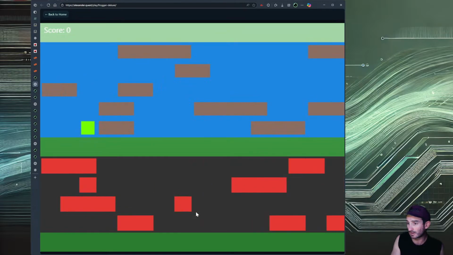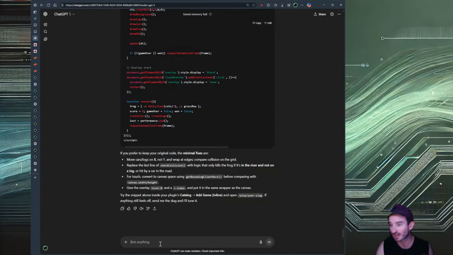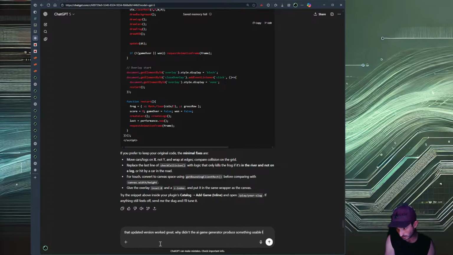So they fixed it. This is crazy. They fixed it. So, okay, that updated version worked great. Why didn't the AI game generator produce something usable like that?